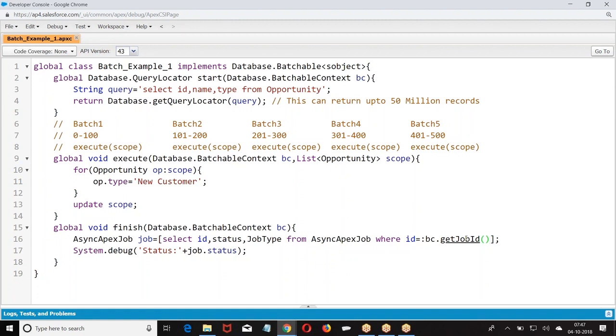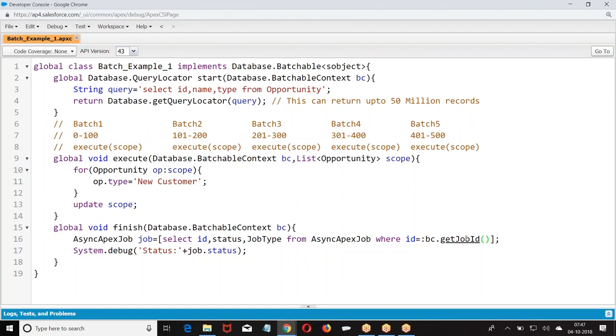Now I told you, get me accounts. There are 10 accounts. But my logic is to update their opportunities. Each account has 5 opportunities. So on how many records are you working? 50 records. How many accounts did we fetch? 10 only. But the number of records on which you are performing the operation is 50. I told you get me the accounts, update their opportunities, but the total number of records on which you are making DML is 50, because every account has 5 opportunities.